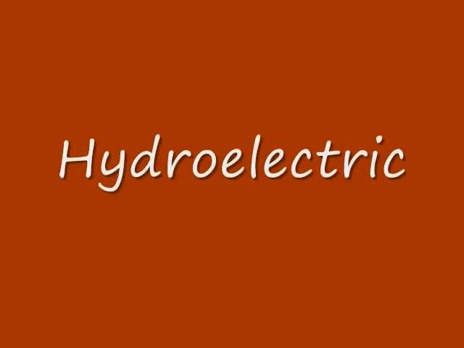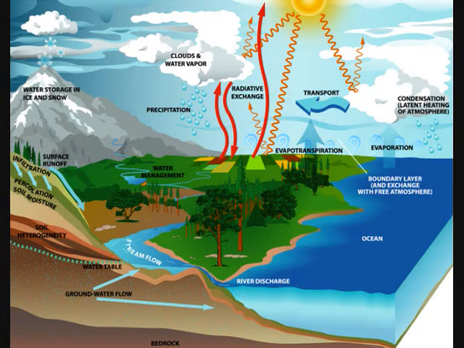Another way we take advantage of the power of the sun is through what's called hydroelectric dams. And the reason why it's taking advantage of the power of the sun is because the sun causes water to evaporate. The evaporated water rises up as it's being heated, continuing to be heated by the sun. As it rises and then moves over the land, it drops the water onto the surface of the land. Now some surfaces of the land are actually quite high. And so what has essentially happened is the energy of the sun has been turned into the potential energy of